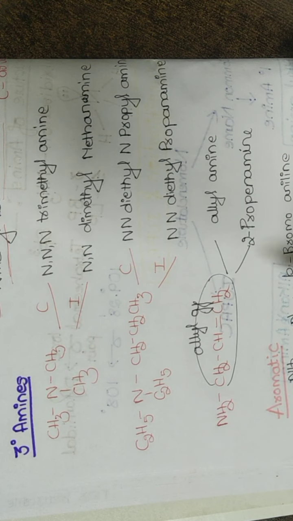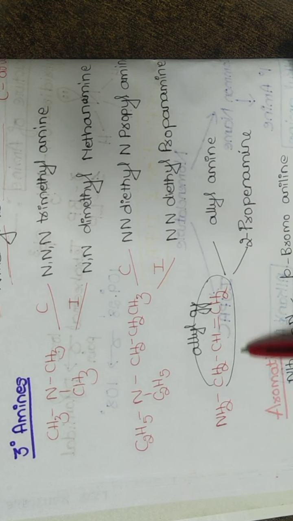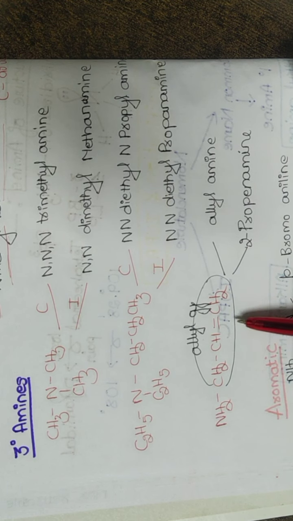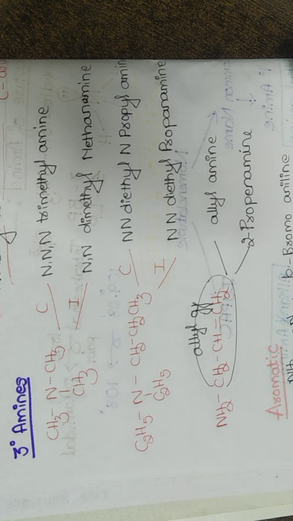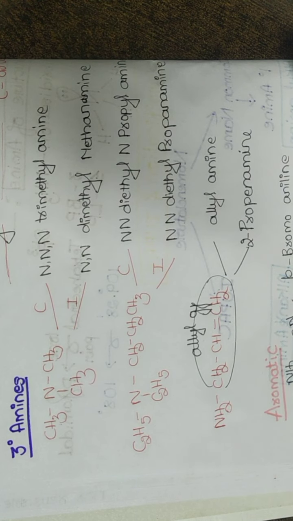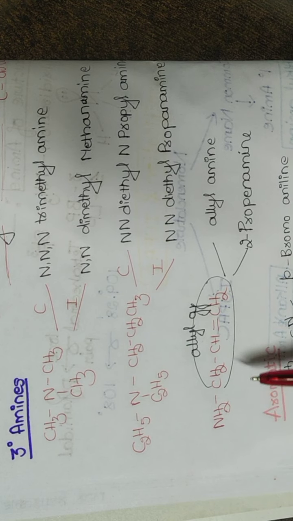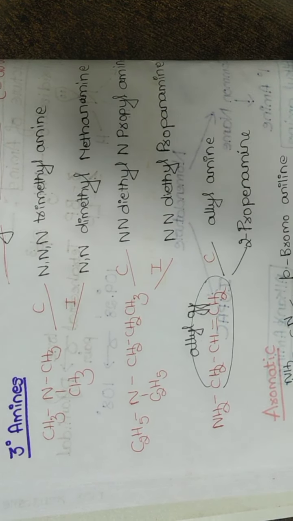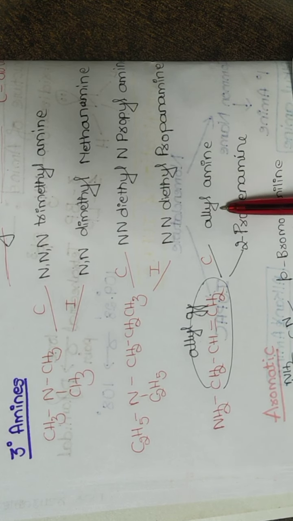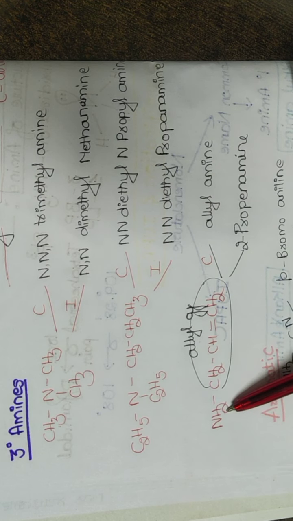Got my point? So therefore I have an allylic group bonded to an NH2. Of course it is a primary amine. Why primary amine? Because here I am having 2 hydrogens. 2 hydrogens, primary amine. 1 hydrogen, secondary amine. No hydrogen, tertiary amine. So since I have 2 hydrogens here, it is a primary amine, but it has an allylic group. So here the common nomenclature will be written as allylamine. This is the allyl group, so allyl followed by amine.